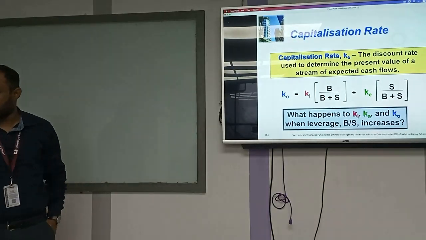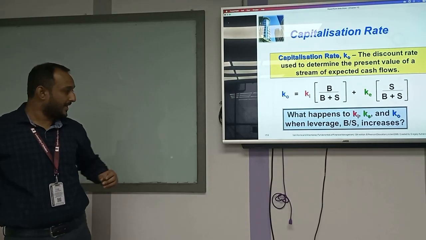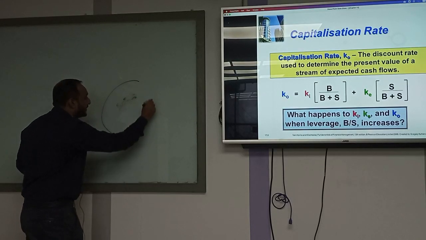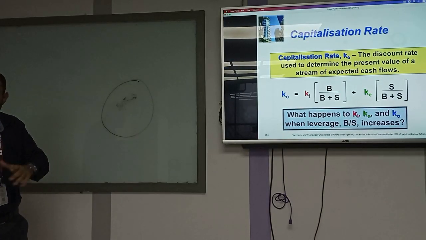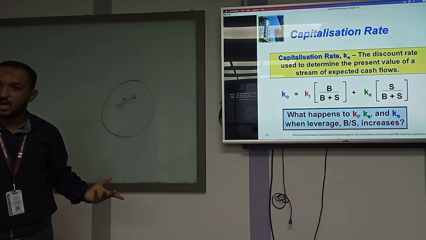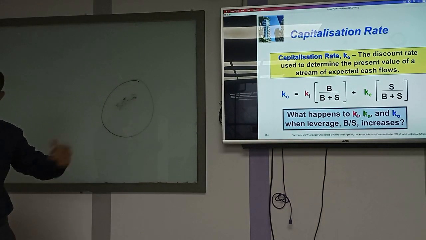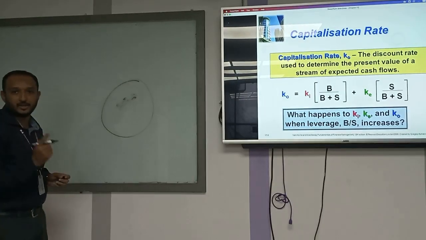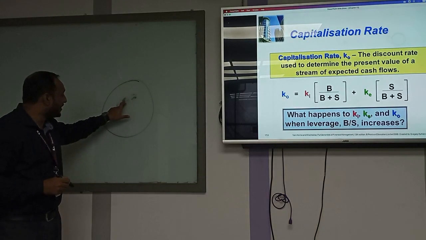Now, what we are asking about is leverage. In a company, I can go for 100% equity financing. Suppose this is my company and this is my financing, so I can raise the capital through only shares, taking shares from the market without taking any loan from anyone. I can do that. Or I will not issue any shares but will take a 100% loan. I can do that too, right? So my securities will be either debt or equity.